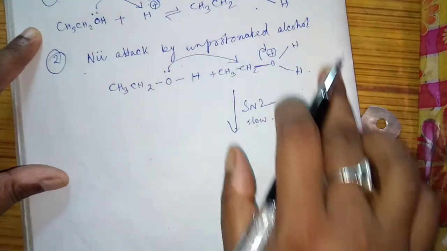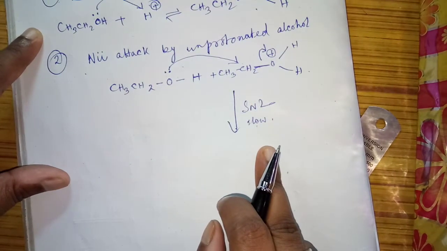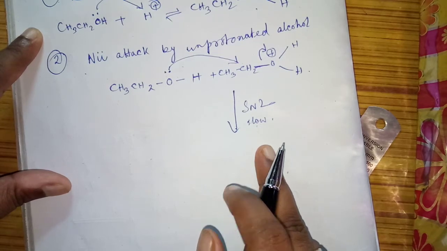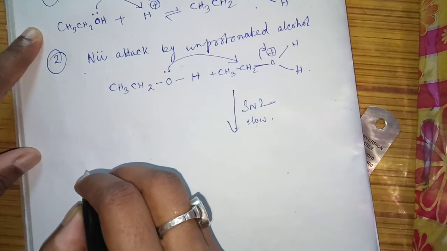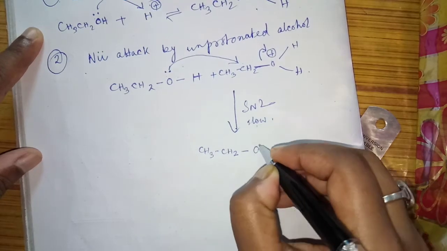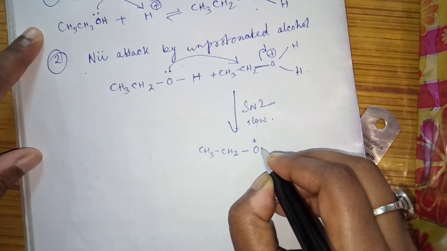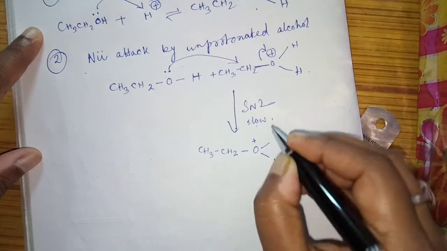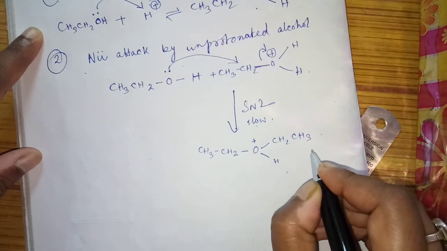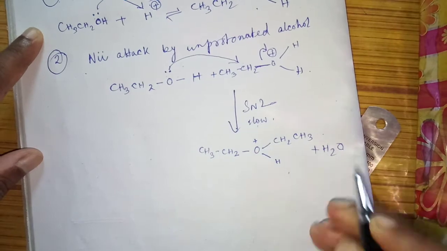So this is what? One bond is leaving, another bond is attacking. This is SN2 only, it is happening together. So it depends upon the steric hindrance, everything. Okay, rate of the reaction. So what is the next one? The product will be, you can understand, CH3CH2. Now in this case oxygen has already given its lone pair, so it will become positively charged. One hand hydrogen and another hand it has attacked this group, so it will be CH2CH3. Am I clear? And here OH2, that means H2O, is removed, so I am showing it here only.